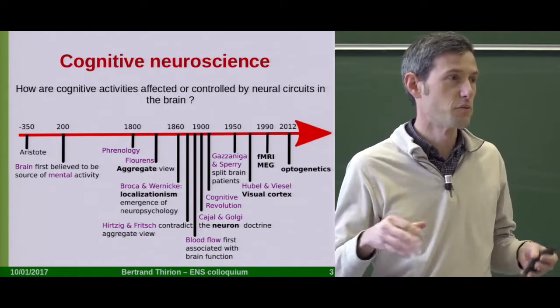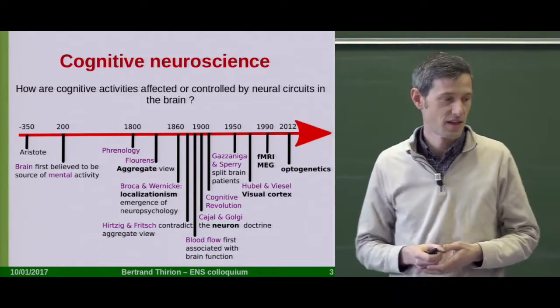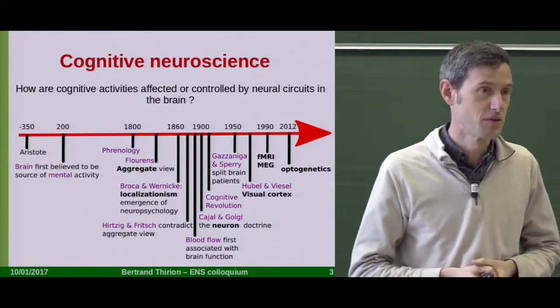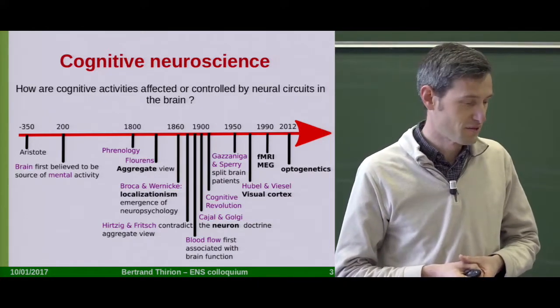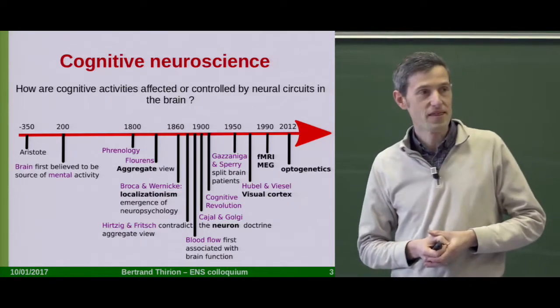This is the idea of phrenology, where there is a certain region which makes you good at mathematics, and if we can find this, we could make inference about your cognitive abilities. This theory was a bit weak in terms of scientific evidence and was then abandoned. Then there was